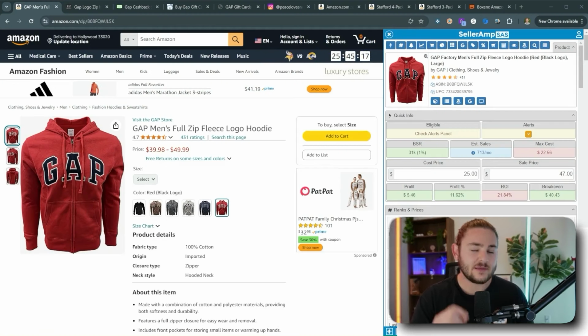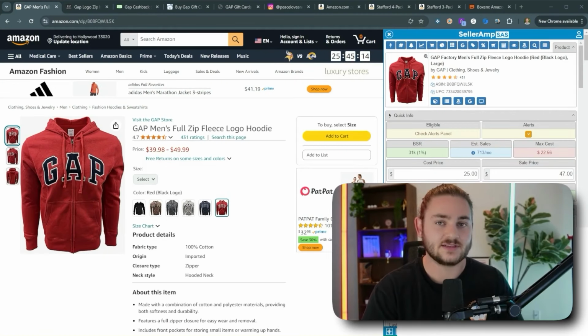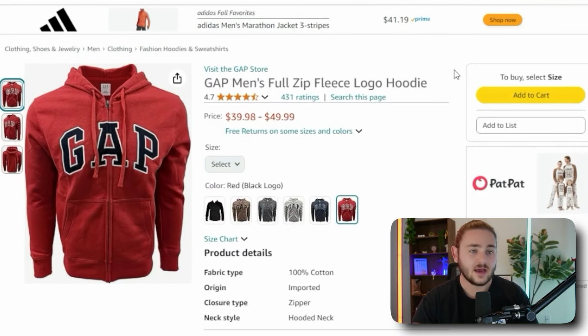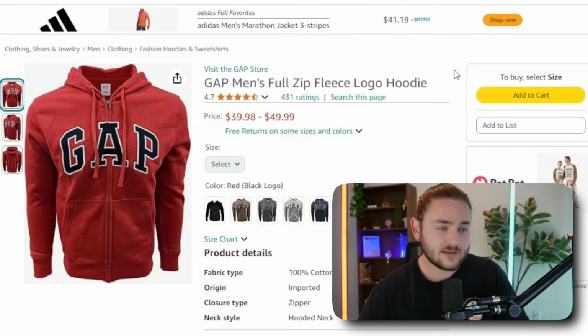Let's jump into it. So let's start out by talking about what's probably the most important thing for new Amazon sellers to understand, and even veteran Amazon sellers get this wrong. So let's take this random example product. We can sell a ton of name brand products like this on Amazon. I've sold over $5 million of name brand products without doing any marketing, creating new products, all that kind of